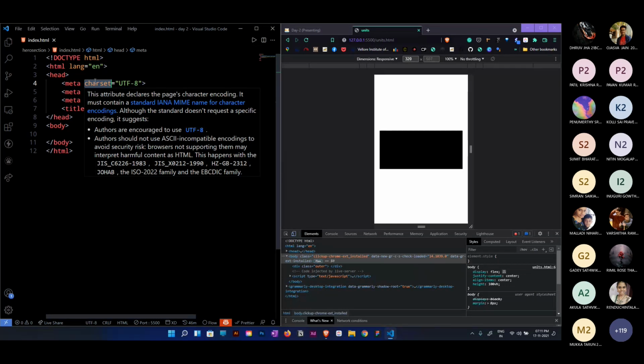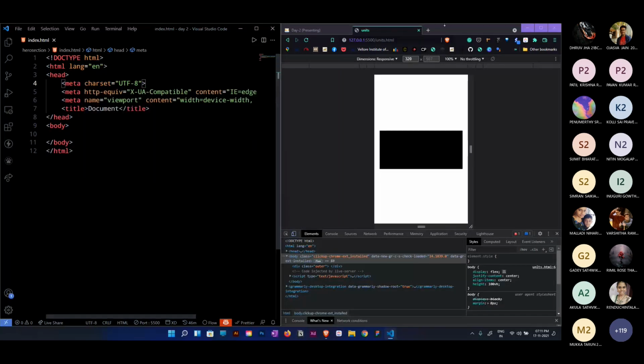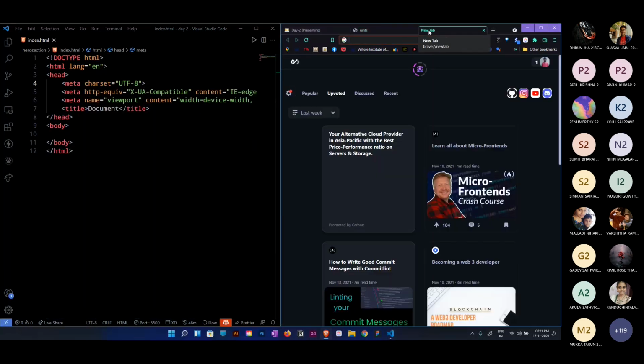I can't show you that because our live server adds some default styling for that. We cannot illustrate that on our local server. But if you deploy your website without UTF-8 and use emojis, they will not appear properly. Let me search for an image: emojis without UTF-8 HTML.